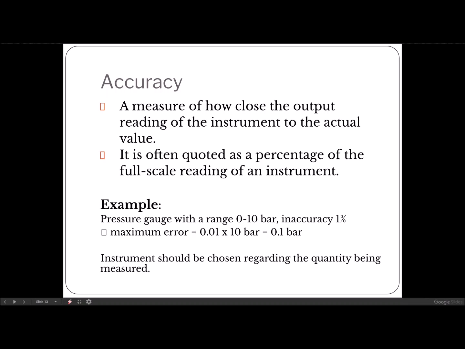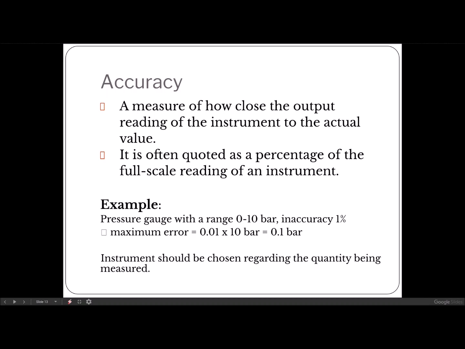Let's take a case of a pressure gauge. So I have a pressure gauge. The pressure gauge can measure between 0 and 10 bar, but it has an inaccuracy of 1%. So normally accuracy is represented in percentage. What does it mean? If I have that kind of measurement device, that means it can have a maximum error up to 0.1 bar, because